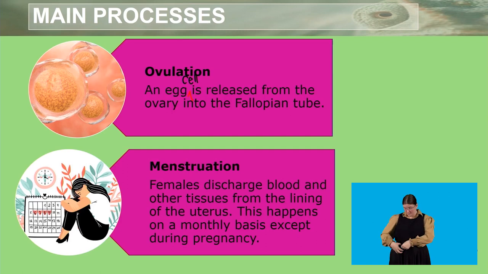After ovulation, if the egg is not fertilized, then the female will go through menstruation. What happens during menstruation is that females discharge blood and other tissues from the lining of the uterus. This happens on a monthly basis, except during pregnancy. So you do not menstruate during pregnancy